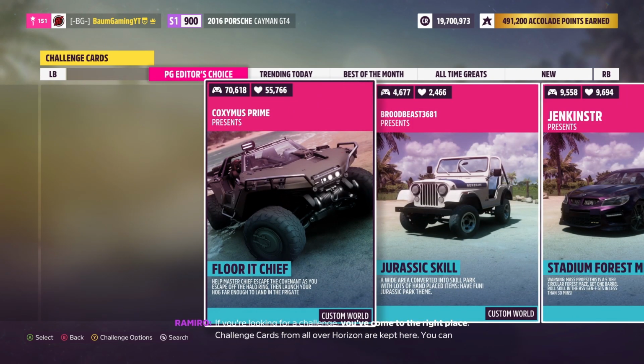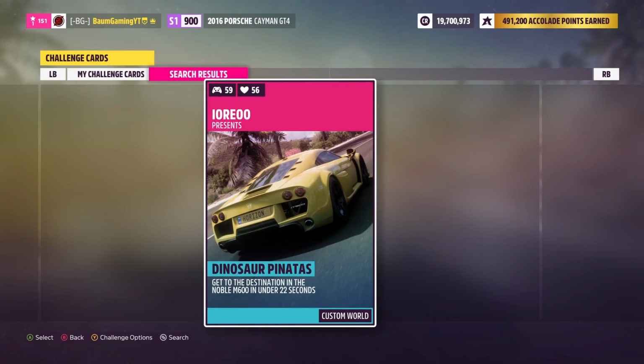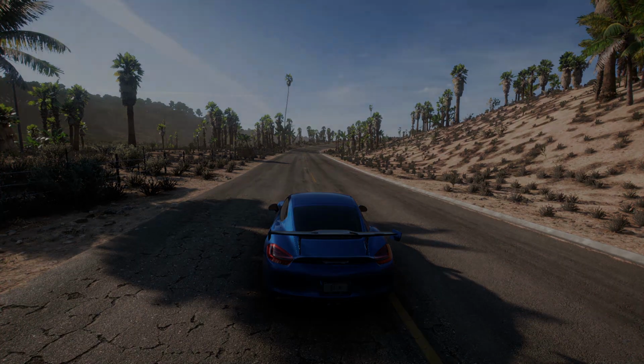Looking for a challenge, you've come to the right you can hit search by hitting from all over the, Horizon are kept assuming here. it's the back You can button, browse the is what it's greatest called. hits, The share or go code searching for something is unique. going to be 588802599. So if you search for that, you'll get this from iOreo for Dinosaur Pinatas, and we'll just jump into